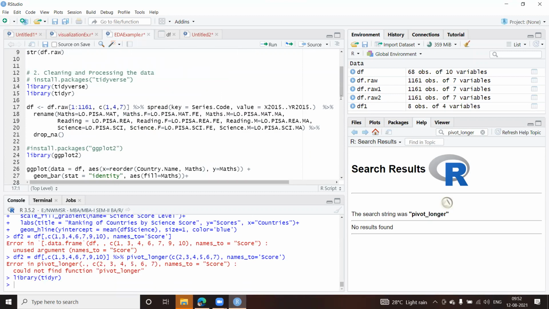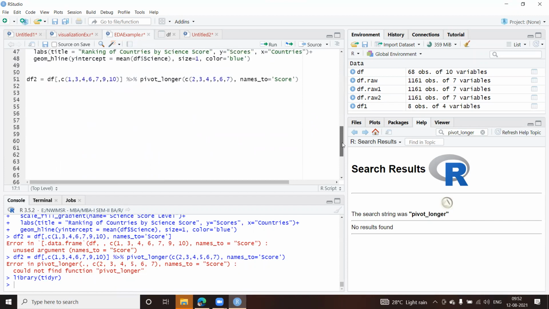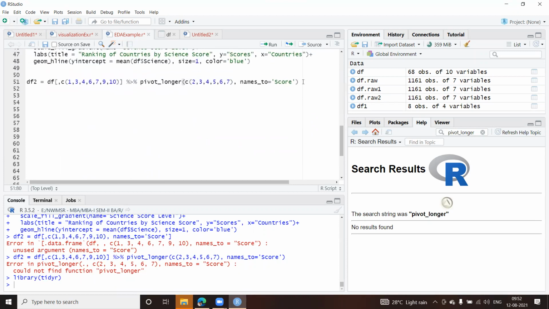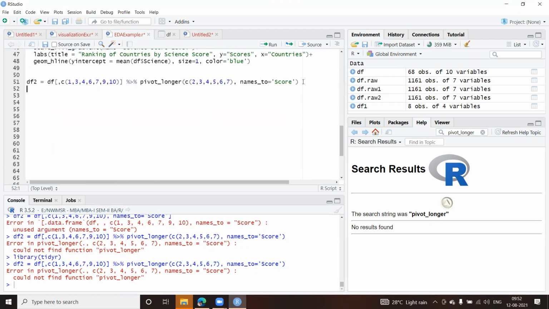Okay, and now let me run this. No, this is giving a problem, guys. Pivot underscore longer. Okay, then what we'll do is I'll find some alternate.